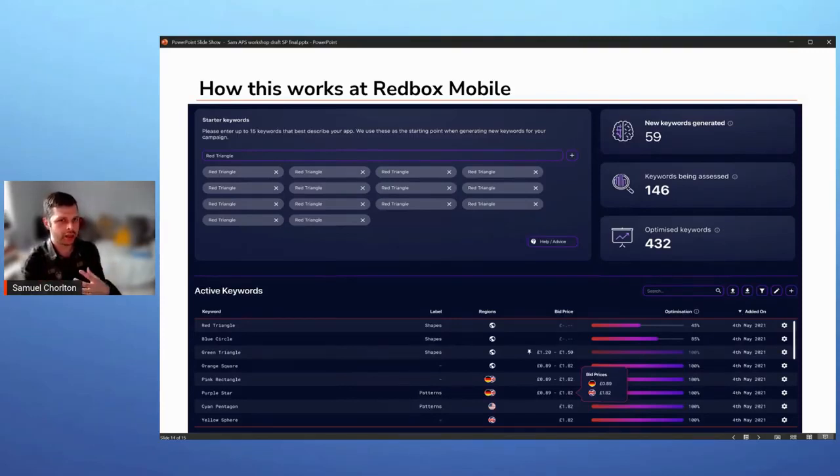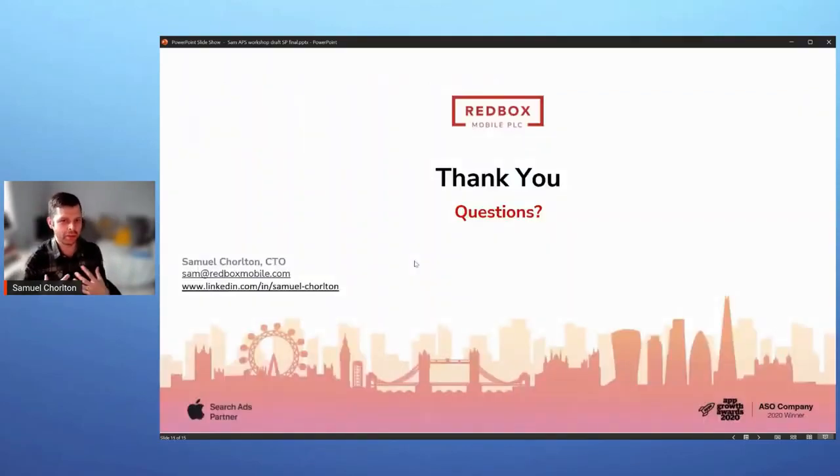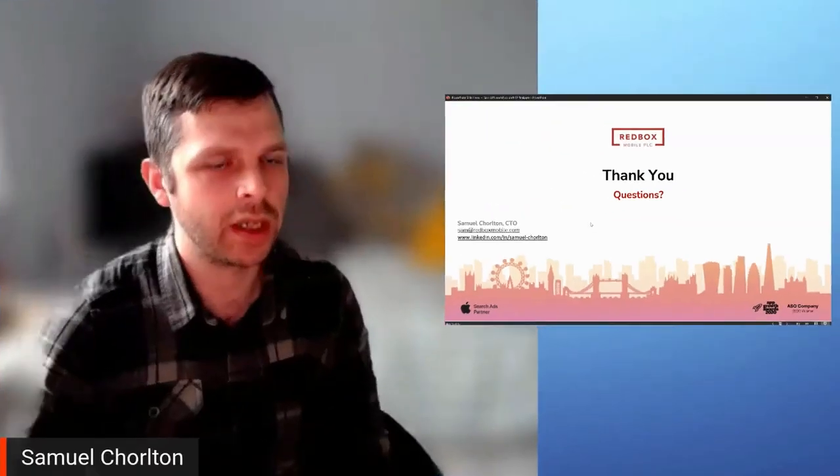But what I'd really encourage you after listening to this is to really think about, okay, data is really powerful in this space, but try and look at it in a different way. Where we know Apple has stuff that they don't tell us about how things work, there are ways that we can infer how it works by doing a bit of a trial and error approach. The more data we get, the more predictive and accurate we can be in our approach. I know we've covered quite a lot. It's been a bit of a whip through quite a lot of content, but hopefully you found that really useful, and more than happy to take any questions anyone might have.